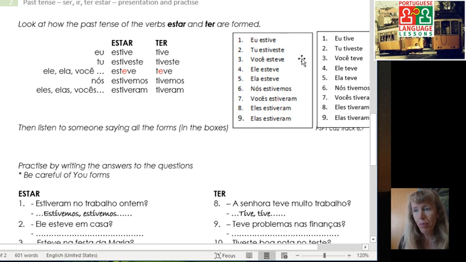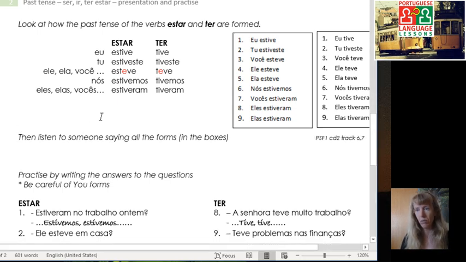Let me read through them, and if you want you can repeat after to practice. Eu estive, tu estiveste, você esteve, ele esteve, ela esteve, nós estivemos, vocês estiveram, eles estiveram, elas estiveram. And then for ter, eu tive, tu tiveste, você teve, ele teve, ela teve, nós tivemos, vocês tiveram, eles tiveram,